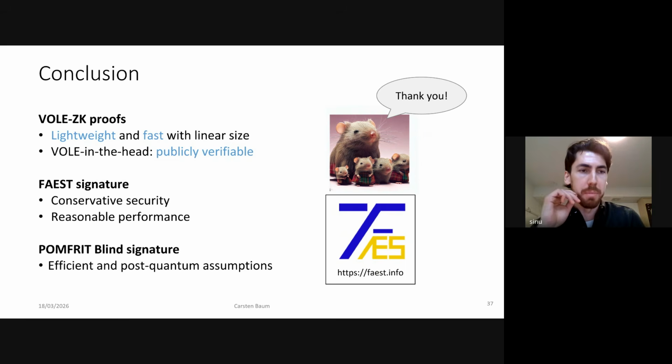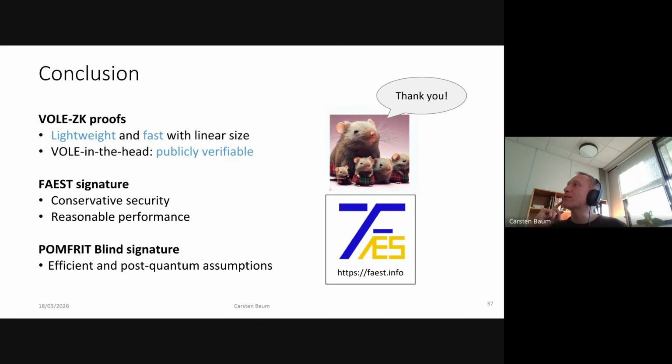Right. Yeah, so I guess that would just be a more efficient arithmetization. Yeah. Okay. Speaking of QuickSilver, I'm not sure if I'm going to be able to recall this correctly, but it has some sort of batched polynomial proof in it. Do those techniques translate into this setting as well?